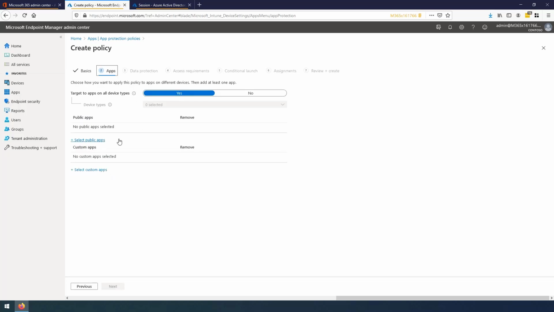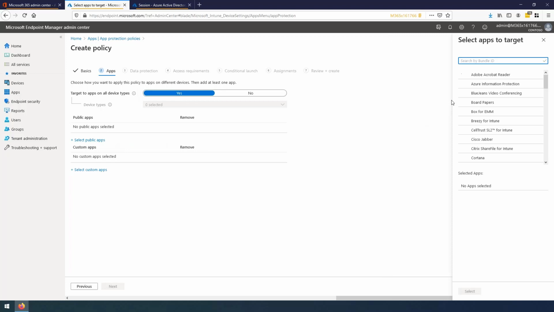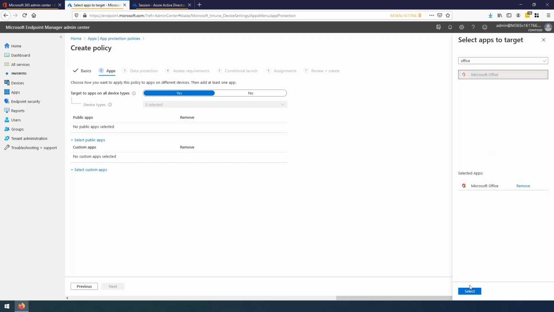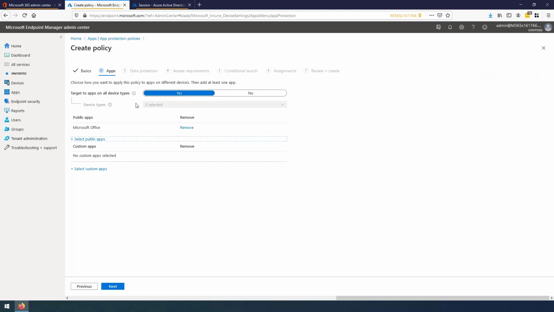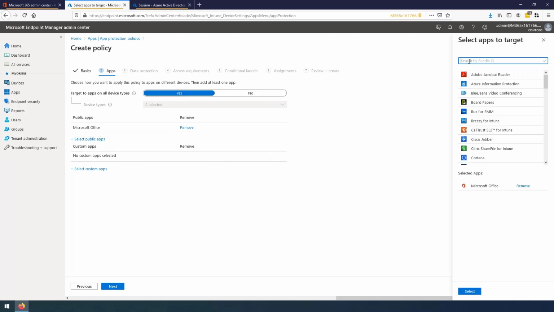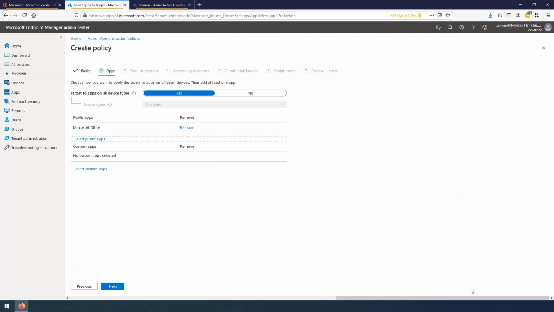and then we get to go through and say, I want to target specific applications. So if I just do Office, you can see Microsoft Office here. I'm going to select. I could also then pick specific applications. So if I type Word, you'll see that they come up as well. So just be aware, depending on what you've deployed, whether it's Word or whether they've deployed the Microsoft Office app